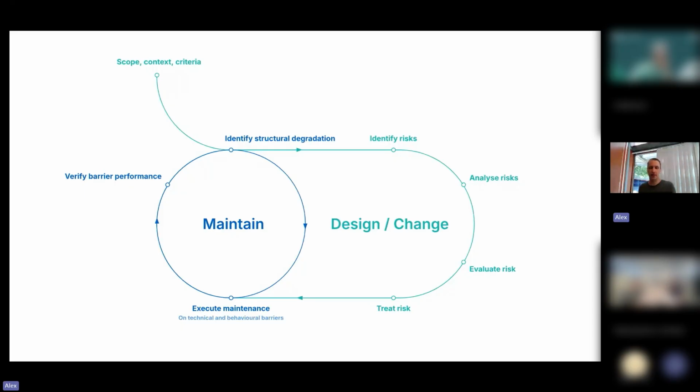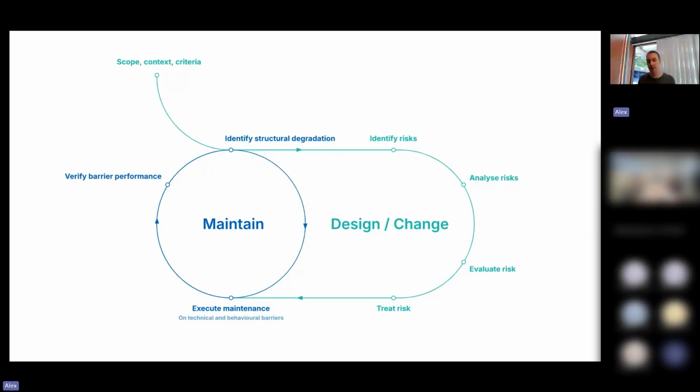Then the next step is identify risks, in this green circle. You want to know what all my hazards are, the long list of things that can go wrong. Then you want to analyze those risks in more detail, seeing what barriers I have there and how bad it is if it goes wrong. And then you want to evaluate the risk, given what I have in terms of barriers and controls,